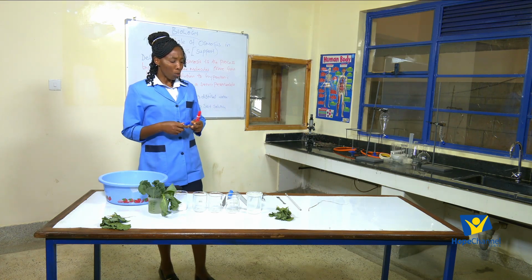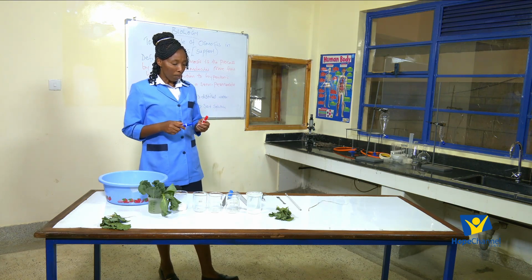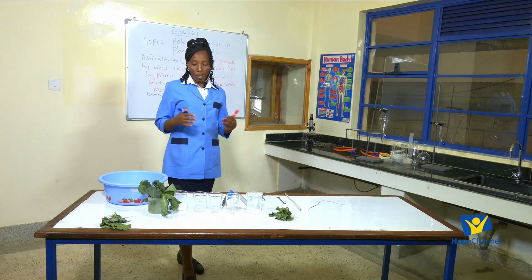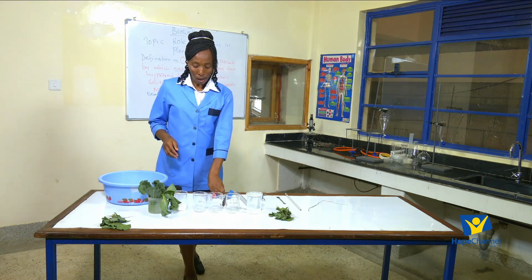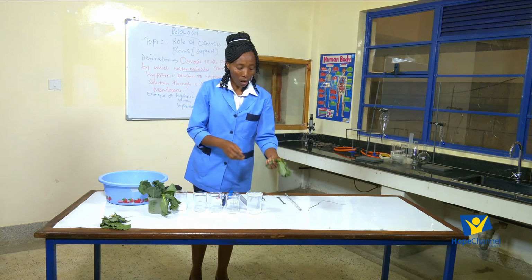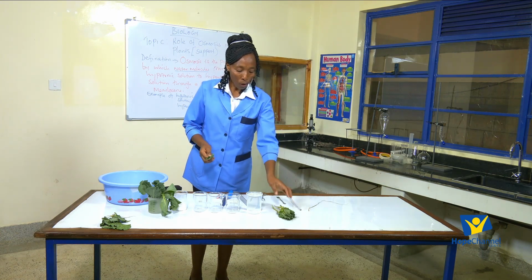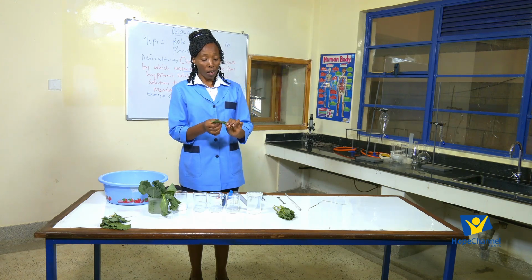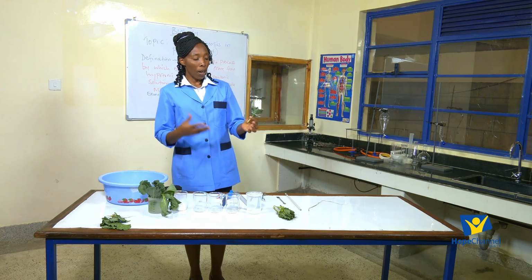So I want to demonstrate that, so that we understand why these leaves that are placed in the open air, for those sellers who have their kales or their vegetables placed in an open place,